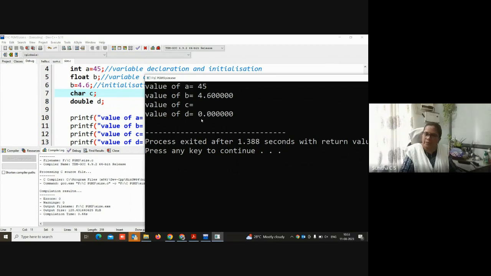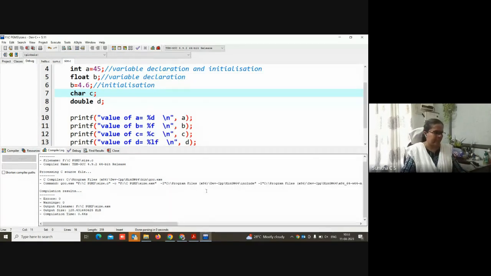Whatever variable you are initializing, that initial value will come up, and the non-initialized variables will get the default values. This is in some compilers only, don't think it happens with every compiler. In some compilers, the two values C and D will be printed with junk values also, if the memory is not cleared. Okay, so that's it.